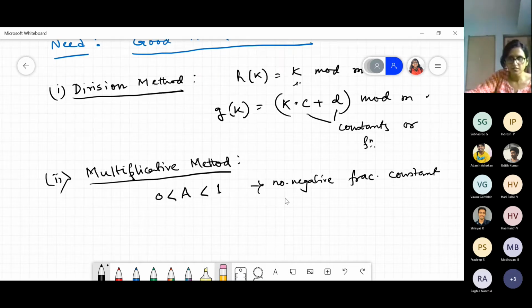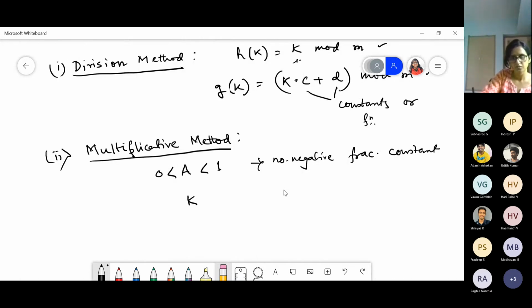We multiply the key with this a, k into a. That might be even more than 1, so we take the fractional part of it. Then we again multiply it with m. Now this I can take simply as mod, not required to minus it.